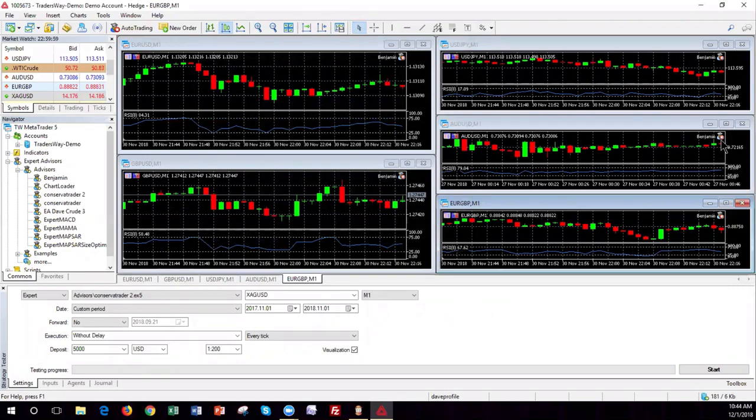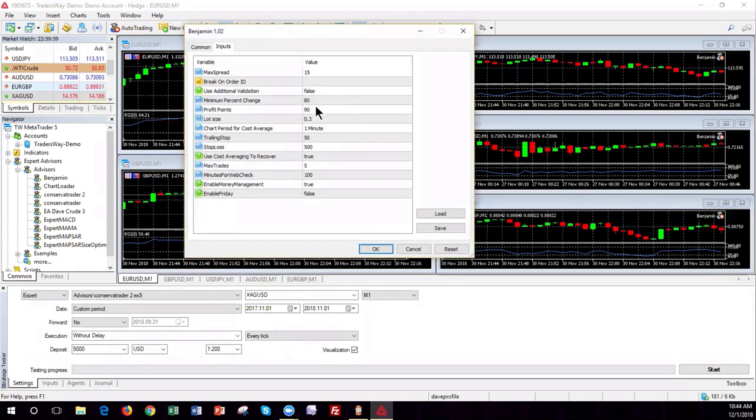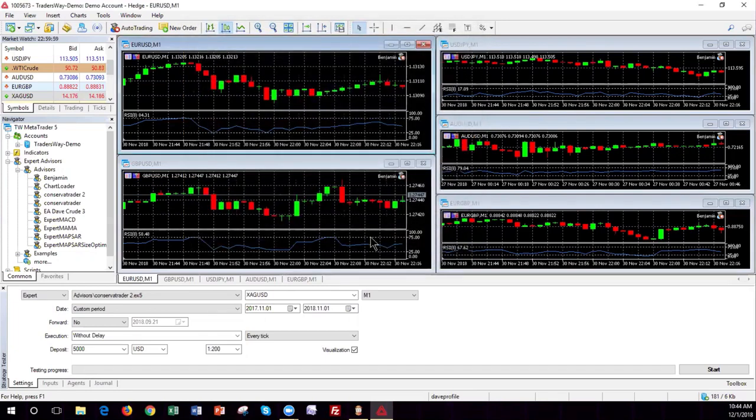If you want to do the Euro US dollar and say, wow, I'd like to take faster profits, I'm going to just do 5 pips or 50 points. I'm going to change that one to 50. You can individually adjust each chart for the specific volatility that it might have,